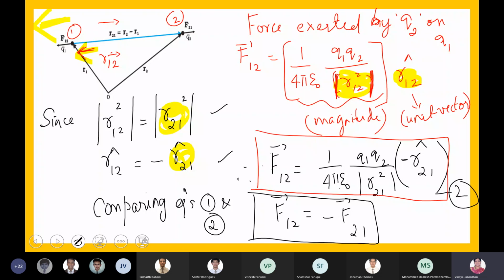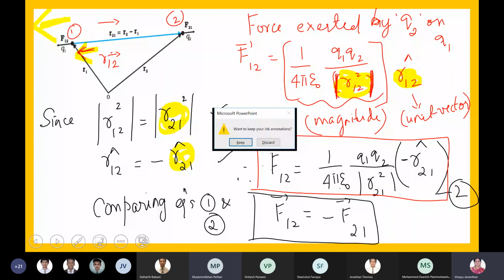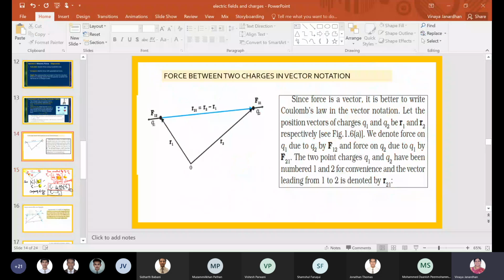Ma'am, which is the first equation? First equation, I have this in your chat box. Just can you check, boys? Ma'am, should I write the previous one? Should I write and check, or do you want to check with your chat box? Ma'am, any is fine. You can write it as well. Fine, boys. I'll go for the previous slide.